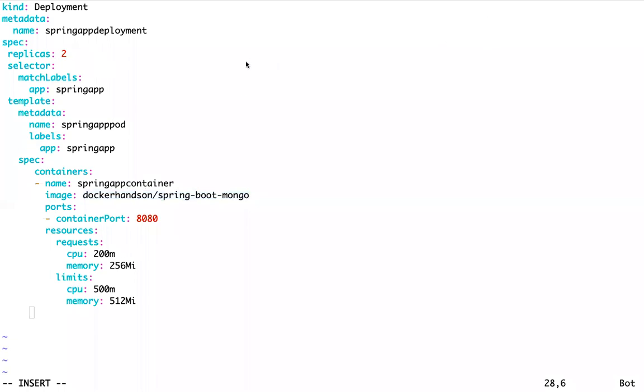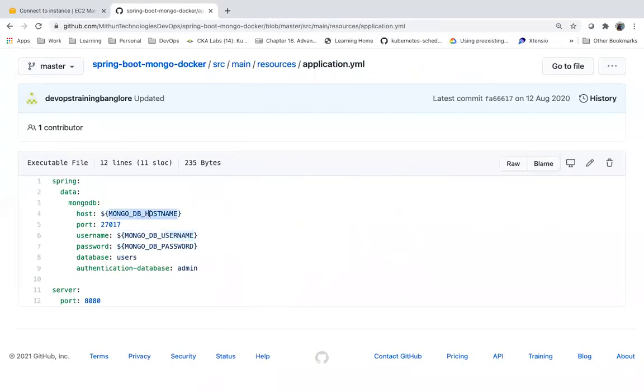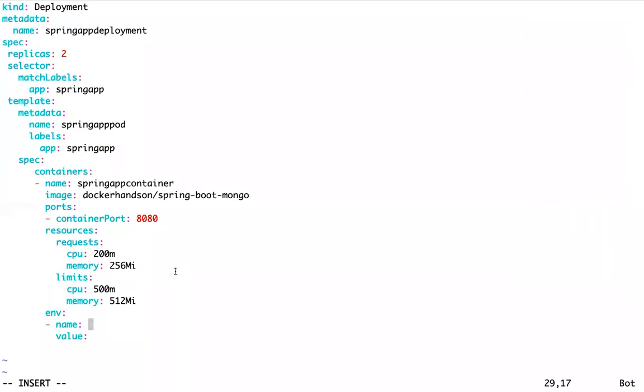right? Now here we can pass that information as something like this, env. This will have a name, and for now, a value. So the environment variable name, it is expecting something, db host name. This host name is basically the service name. Now in